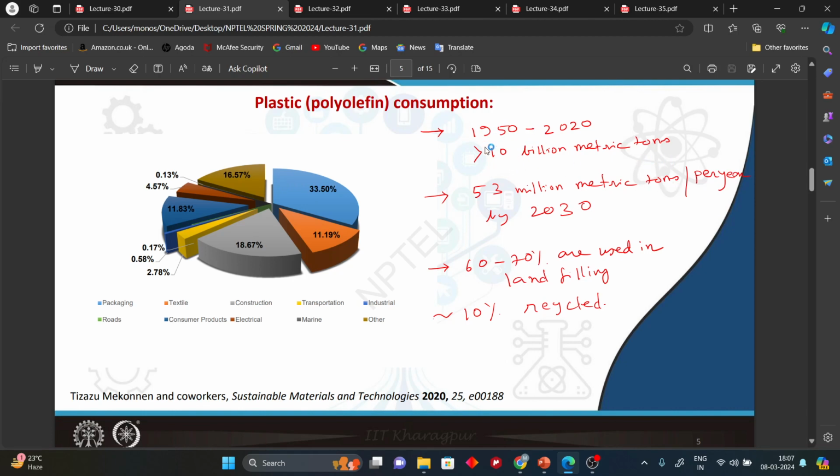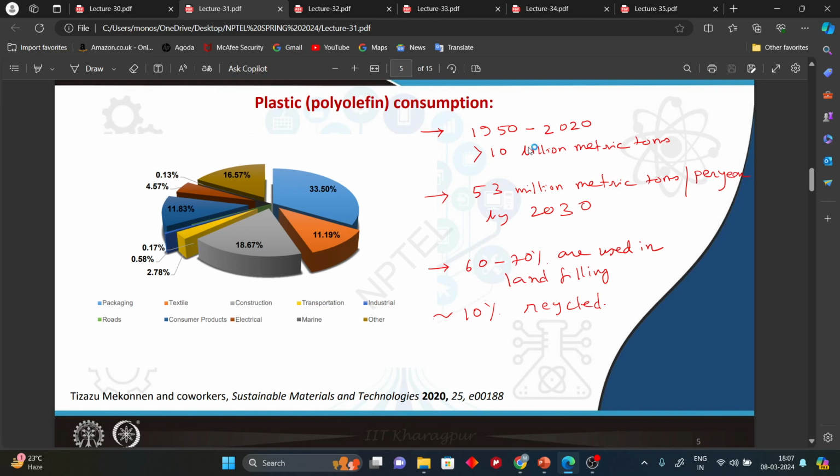So a huge amount of this polymer is being used, and obviously they generate a considerable amount of wastage. For that, recycling is very important, and for which polymer or plastic the recyclability is good,